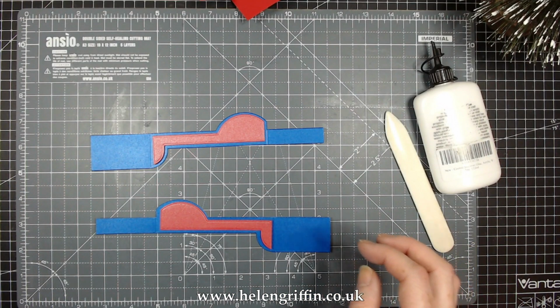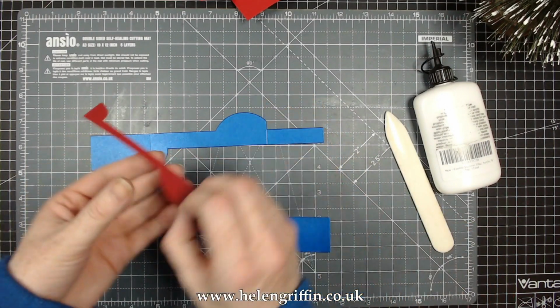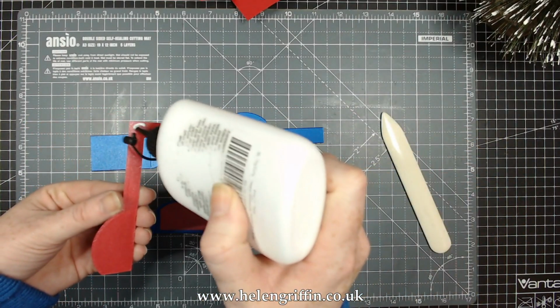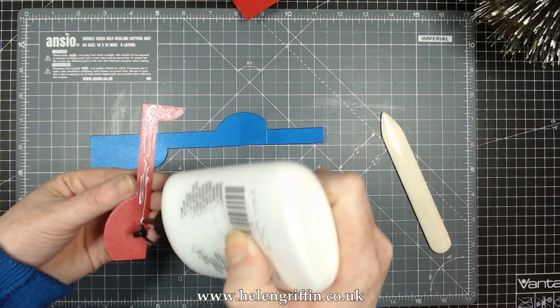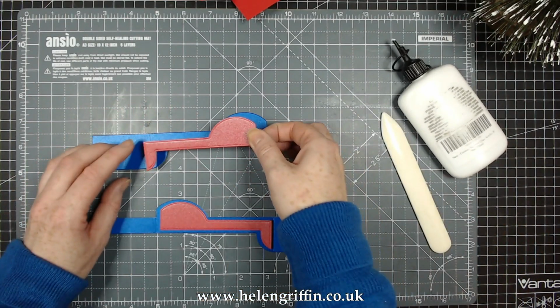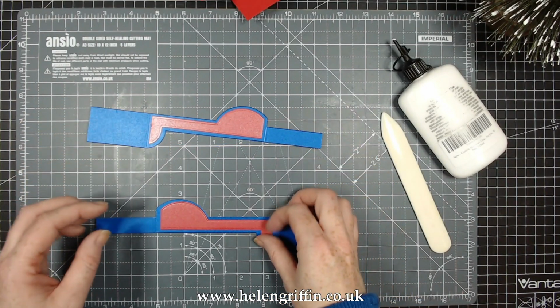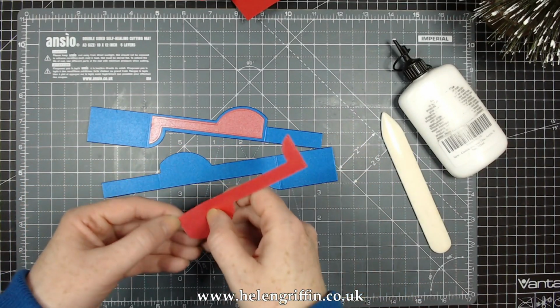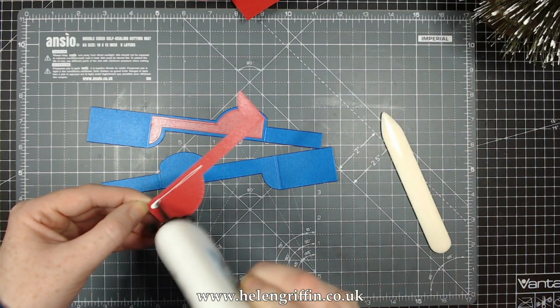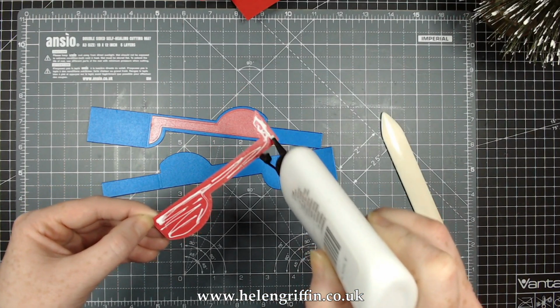So all we have to do now is just glue those together, and I think possibly the hardest part here is just choosing what kind of colour combinations that you are going to go for. I've kind of stayed with the traditional sort of blue and red. My son is really going to like this one, but you can go for a lovely glossy black cardstock to make a nice black train. That would look like